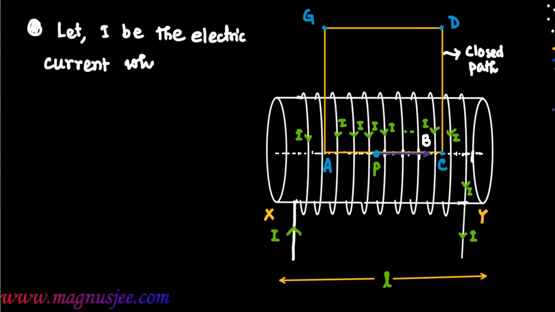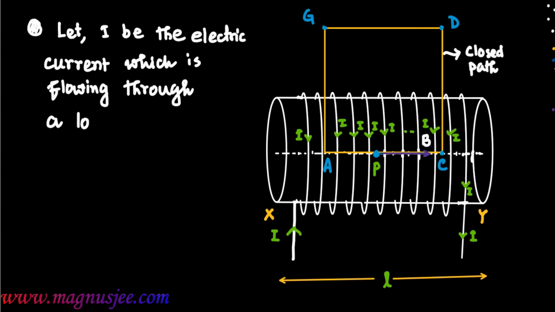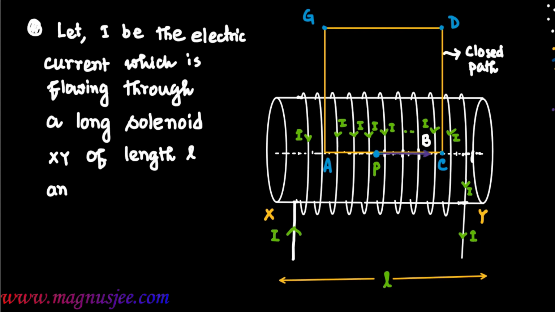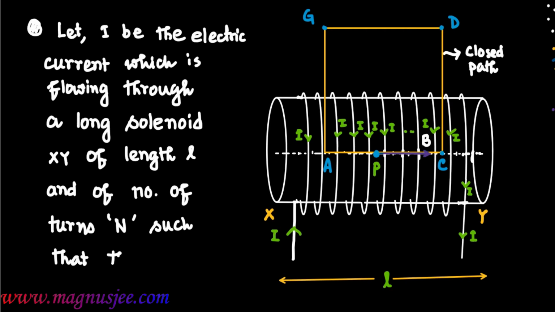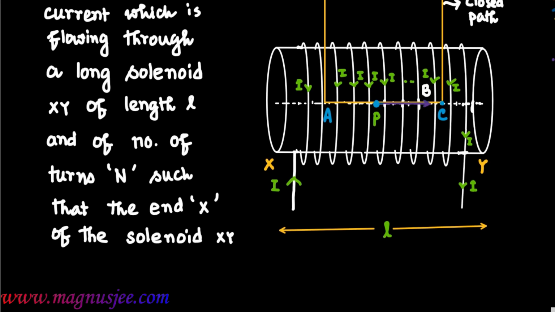Let I be the electric current which is flowing through a long solenoid XY of length small l and number of turns capital N from the end X to Y, such that the end X of the solenoid XY carrying current I gets